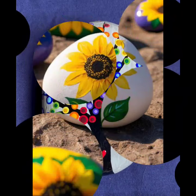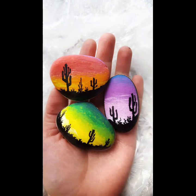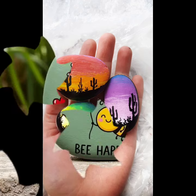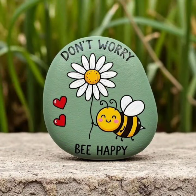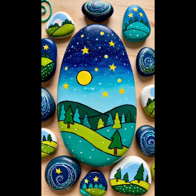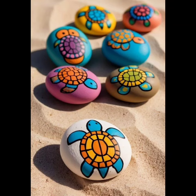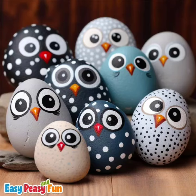Here's how you can use the decoration piece in your home. Rock painting is also eco-friendly. You don't